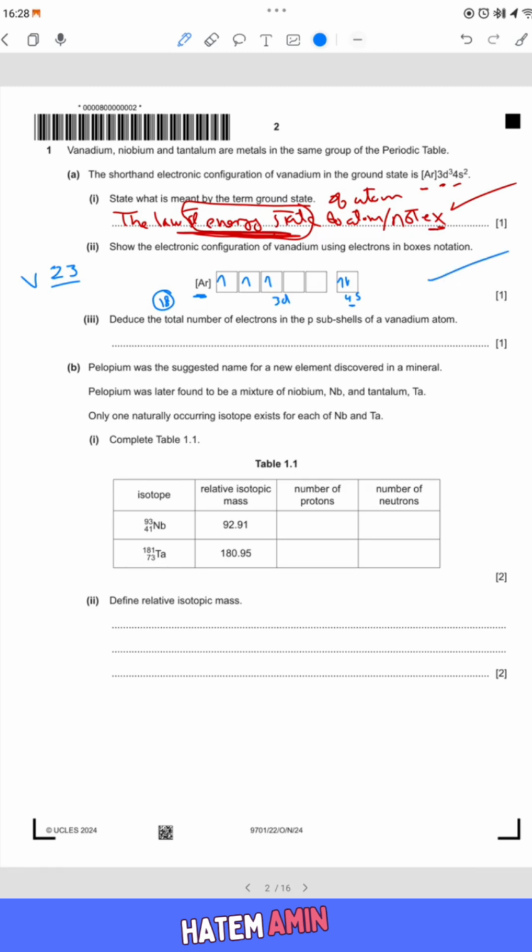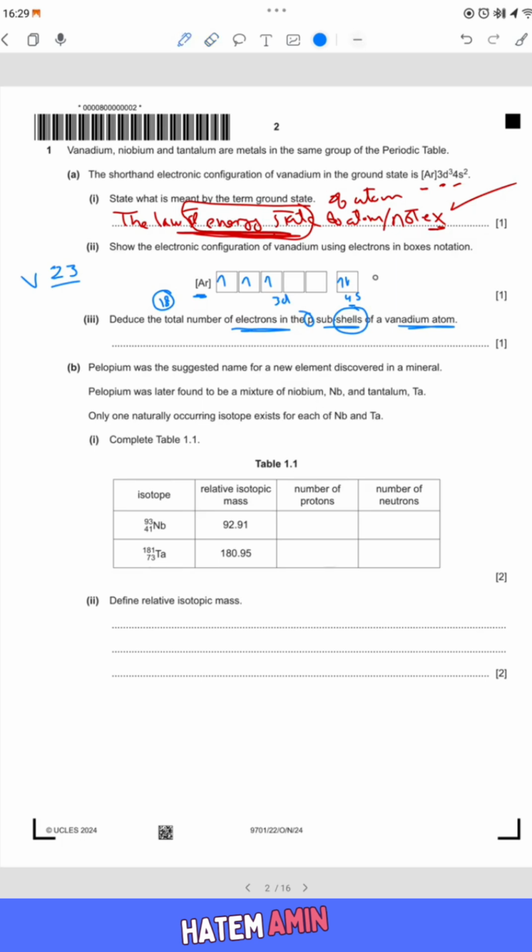Perfect. Next question: deduce the total number of electrons in the p subshells of a vanadium atom. So he's asking about the total number of electrons in the p subshells. All p subshells are considered in the configuration of vanadium. So we should write the configuration of vanadium again and see how many p subshells we have, and according to the number of electrons in these p subshells, we can find how many electrons. Okay, let's